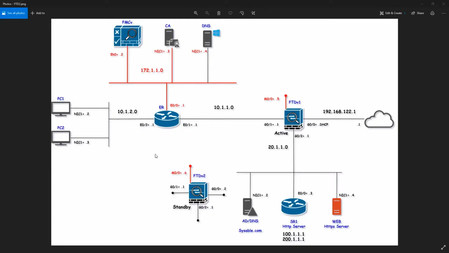Right, welcome back. In this lab, we will be making FMC our CA certificate authority, and we will implement SSL decryption for traffic going to the outside, as well as for the DMZ. So I have an HTTPS server over here. When I access my traffic here, it should show a certificate error because FMC is not trusted by my organization CA. And when I access the internet, it should also show a certificate error because the ISP does not trust my FMC as a CA. So let's get into it.